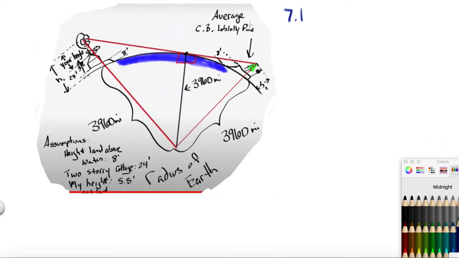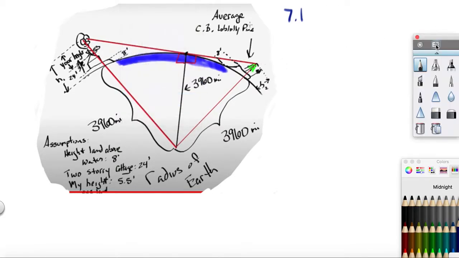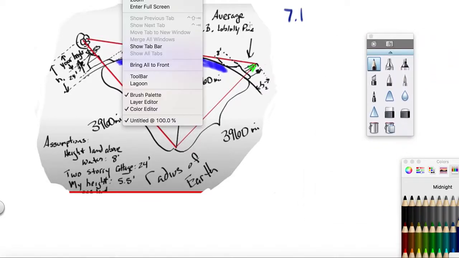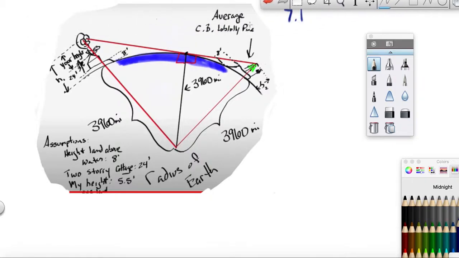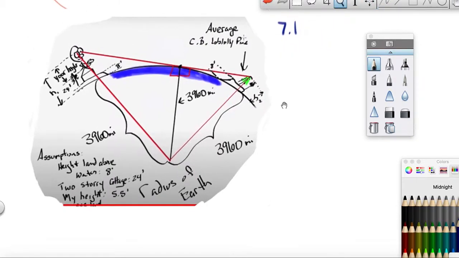Where's my brush palette? And I need something else here. Toolbar. Yeah, so